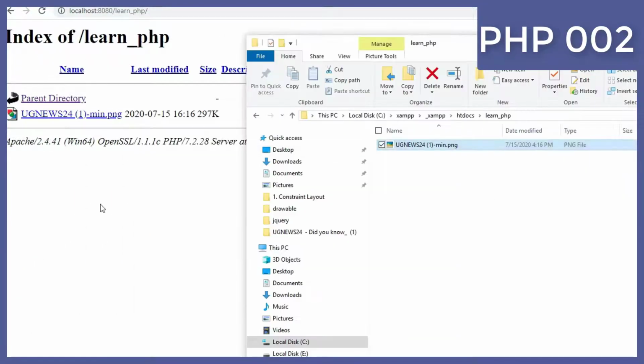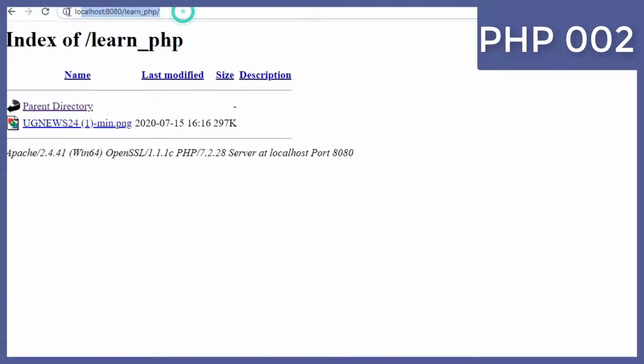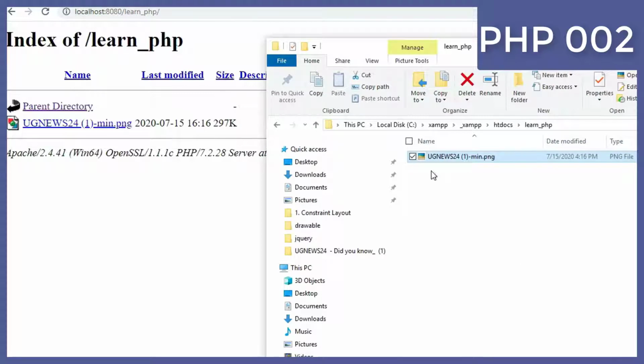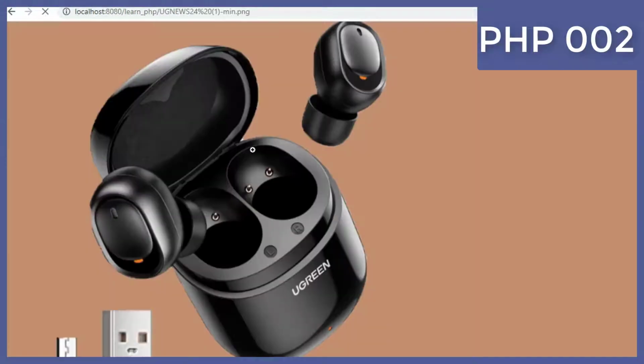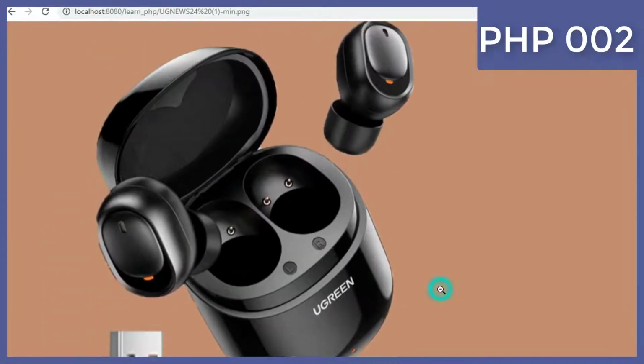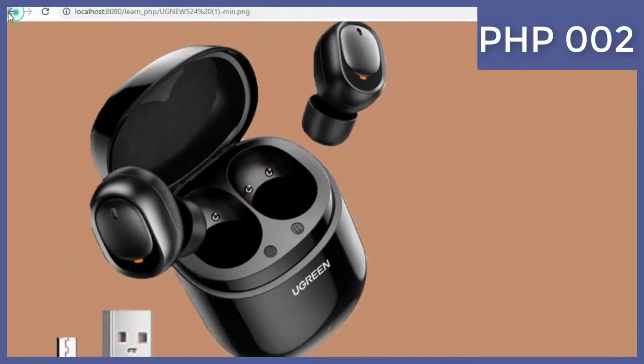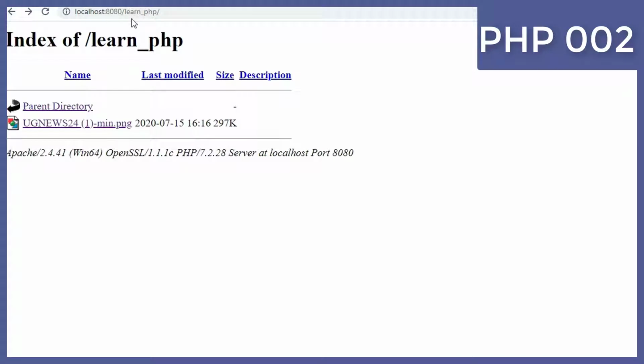So I mean that, but I did not pass directly to access this image. This image has been processed through what? Through the XAMPP. So if I click on this image, you'll be able to see that image here. Okay, so what I'm going to do here, I'm going to stop XAMPP and see if I'll be able to